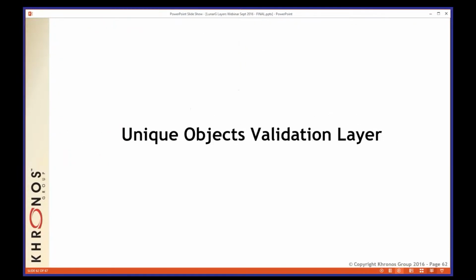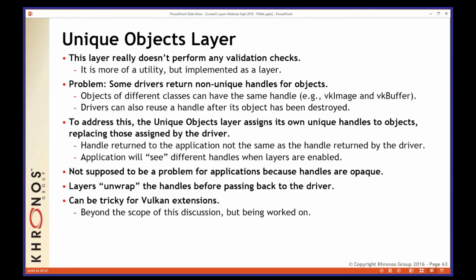Unique objects is an interesting layer. It's not really a validation layer in itself. It's more of a utility layer that does this object handle mapping. And it's really meant to solve a problem. I think we talked about this a little prior in this webinar, but just to touch on it again,